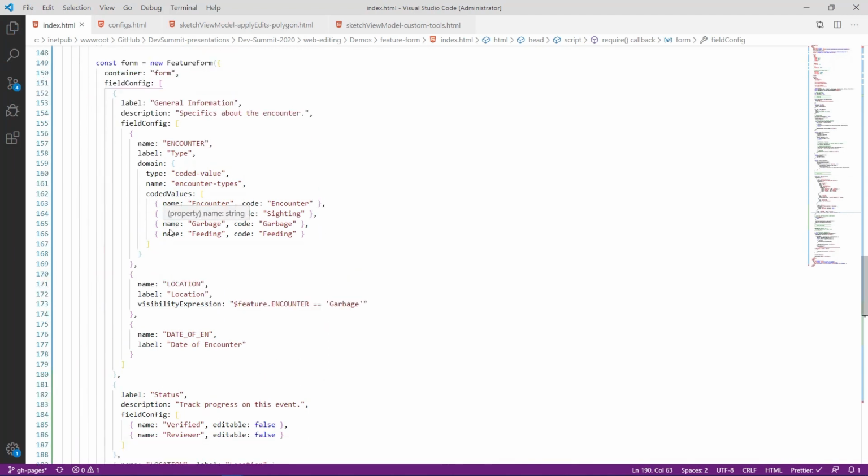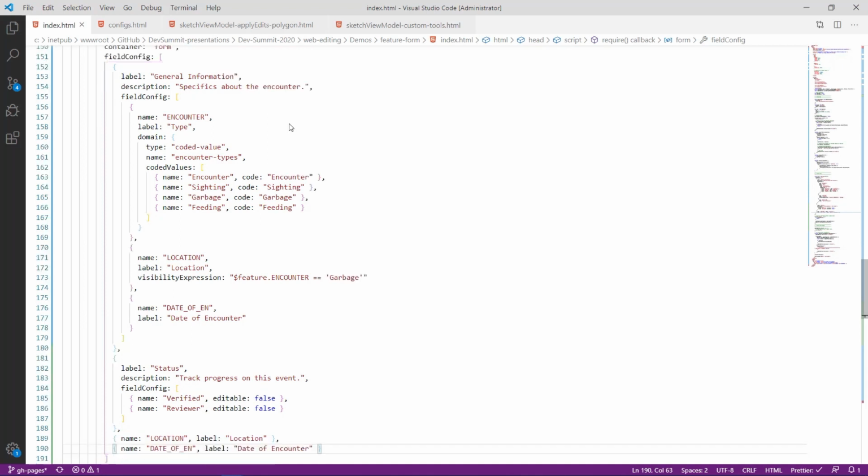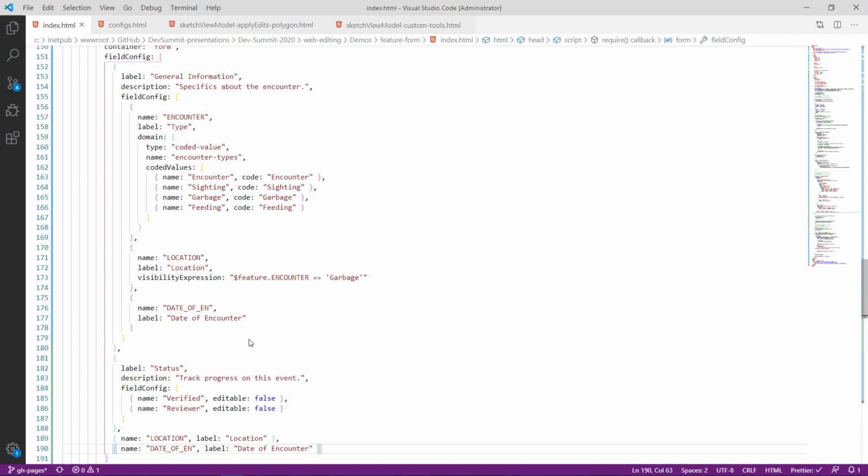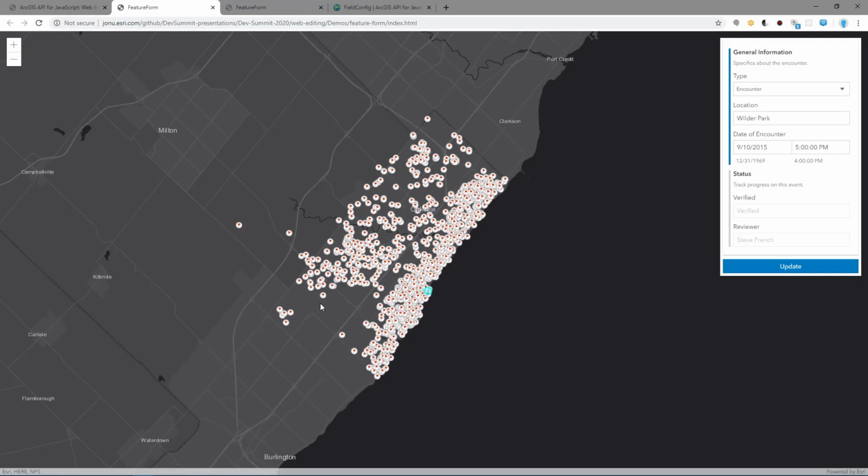So again, similarly, we're building off of our last customization example with our custom domain, our custom groups. Additionally, now the location field has been modified to only display if the encounter field is equal to garbage. So now, if we go ahead and refresh our feature form,